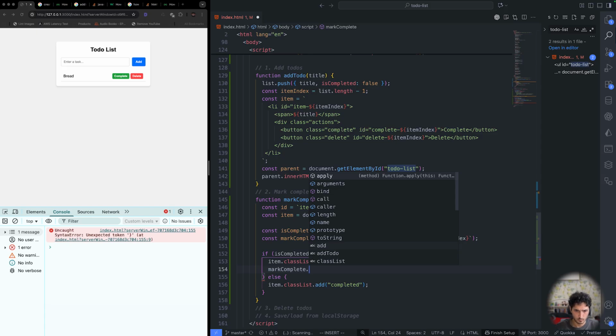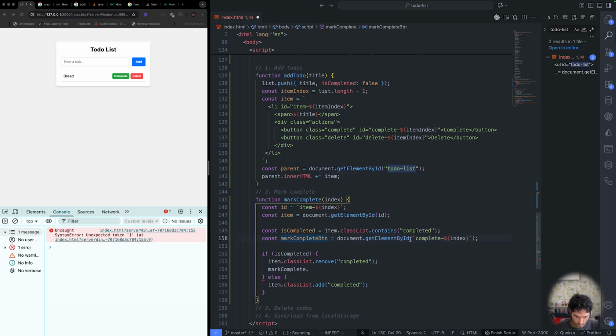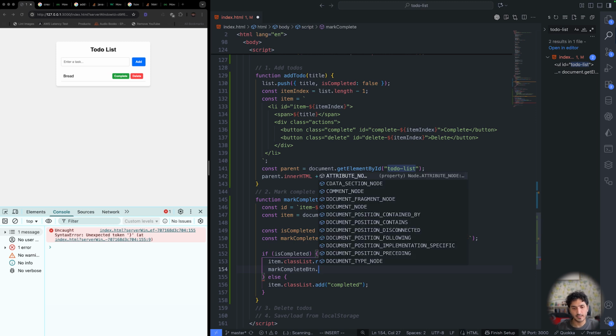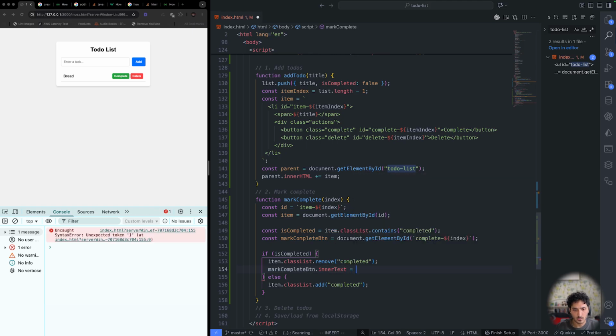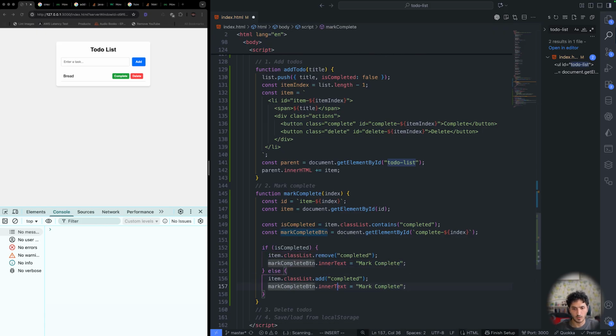color, get element by ID and mark complete button, and I wanna text node or inner text. Okay, if I change this, mark complete. Okay, and we're gonna make this happen in here, and I want to say mark undo. Okay,